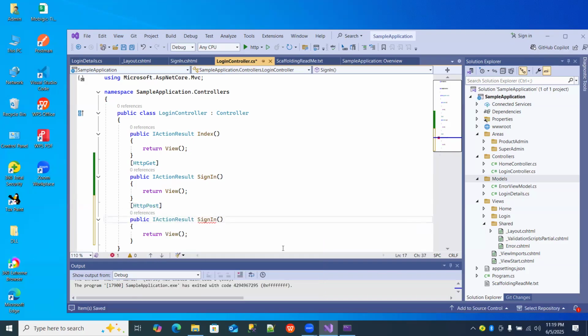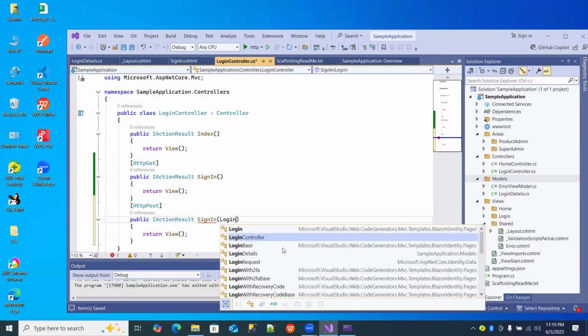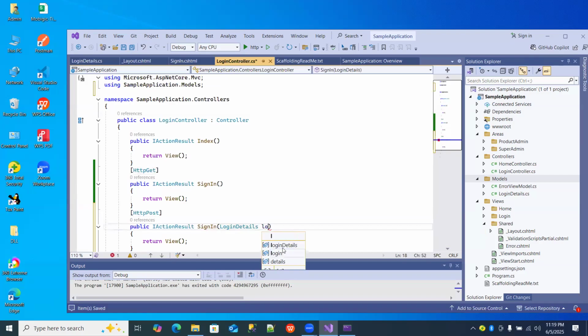Now we can use here the login details model, login and detail. Okay, login and detail. Now you can put the sample applications here for redirections. If user has put the username as super admin and the password as super admin, we need to redirect to the super admin area where they have created different applications, different layout. Okay, just put the condition here: if login details